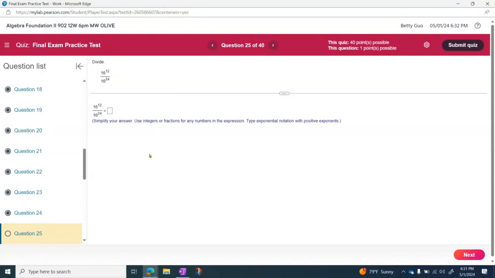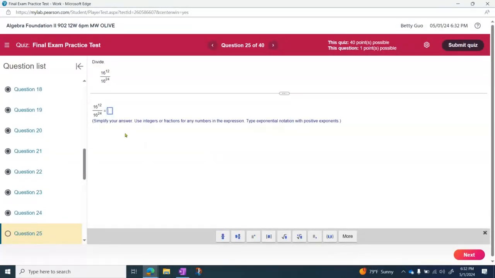And this one obviously is to use the quotient rule, right? Simplify your answer. Use integers or fractions for any numbers in the expression. Type exponential notation with positive exponents. So we are dividing two exponential expressions with the same base. So the Q is to keep the base and use the exponent in the numerator minus the exponent in the denominator. So 12 minus 24 is negative 12. But we do not leave a negative exponent. So we have to use 1 over, take the reciprocal. 1 over,